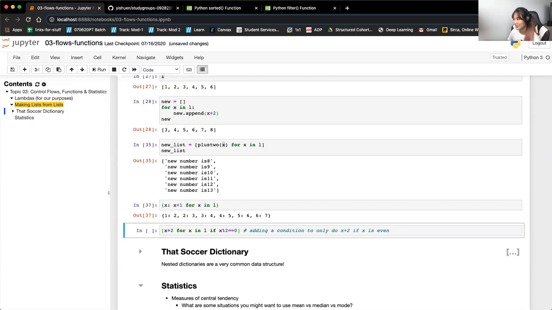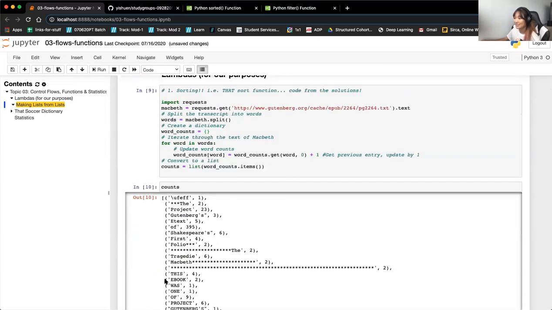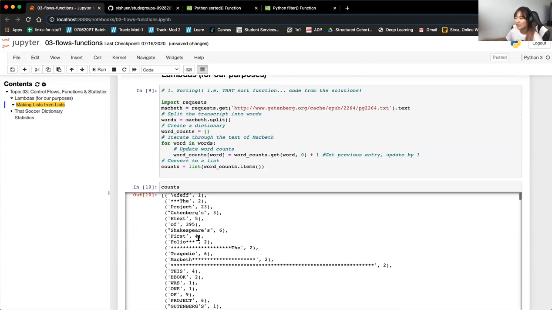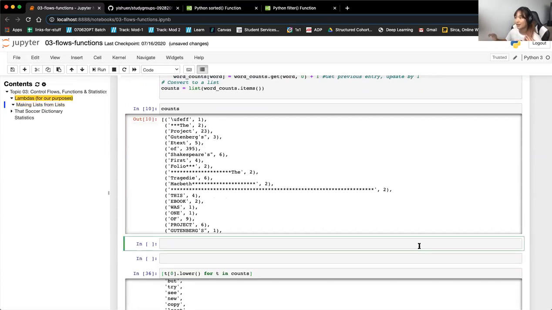And so when this comes up, you can see here, not the best example, but 1 is 2, 2 is 3, 3 is 4, 4 is 5, blah, blah, blah. So that's a simple example of a dictionary comprehension. A better example that I just thought of is we have this list of tuples over here, right? Let's turn this list of tuples into a dictionary. So what we have here is counts, which is the thing that we're going to loop through. So again, for t in counts,